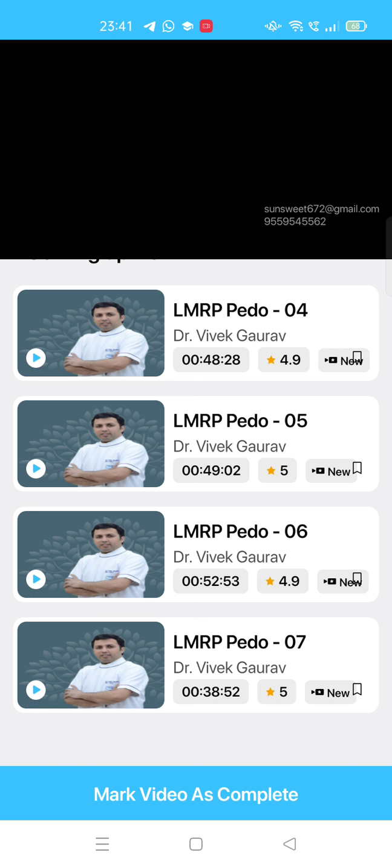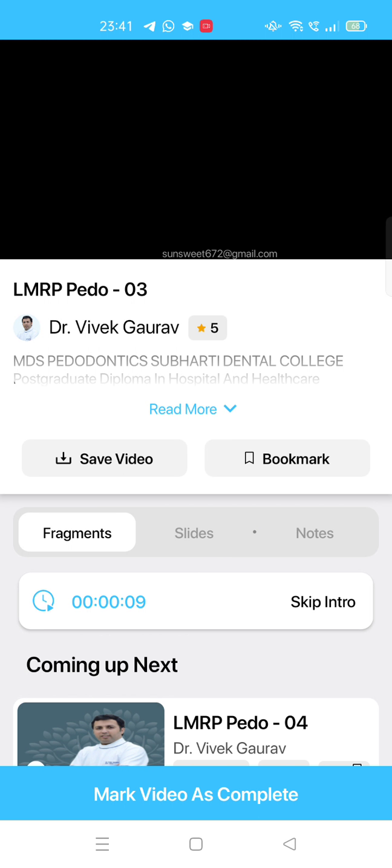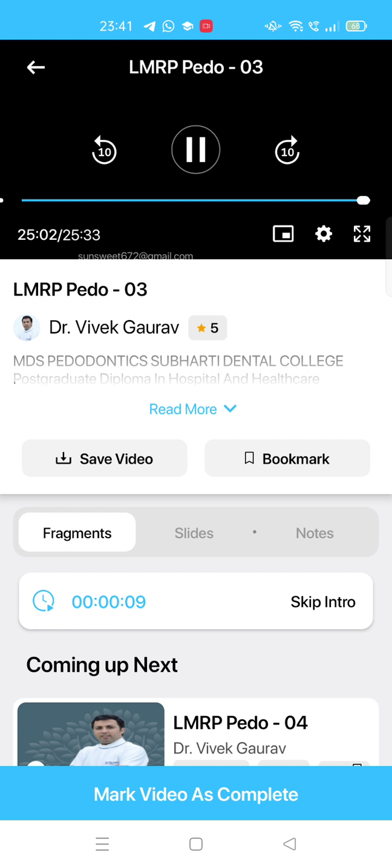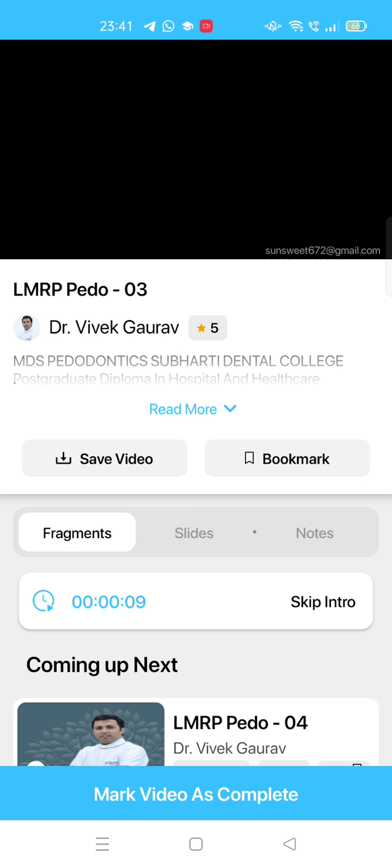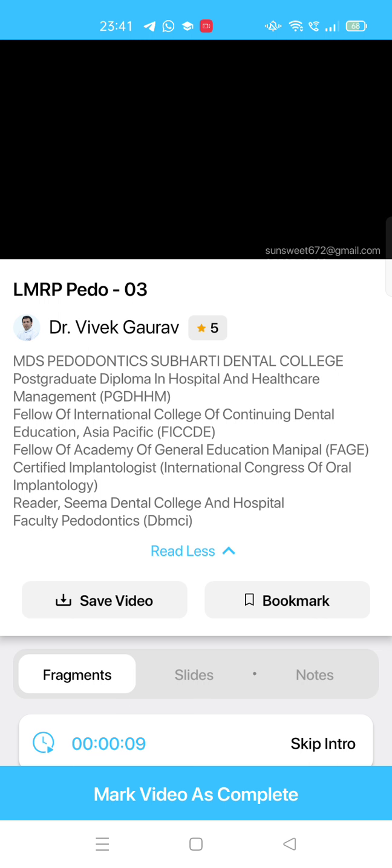Another thing is that when it comes to permanent teeth, root fractures are divided into three parts: the apical third, middle third, and cervical third. We generally say that the prognosis of a fracture at the apical third is the best. Again, an important question asked in the exam: the fracture at the cervical third is considered to be poor. The reason is that the exposed cervical part is always in contact with saliva. And the other important thing is that stabilization will be very difficult in the case of a fracture at the cervical third. So we always say that the prognosis is best in the apical third compared to the cervical third.